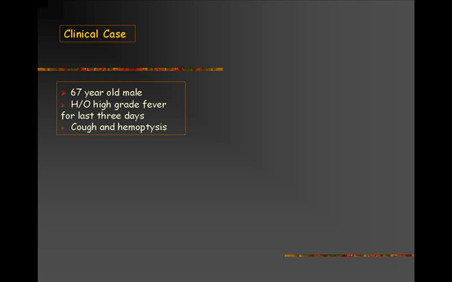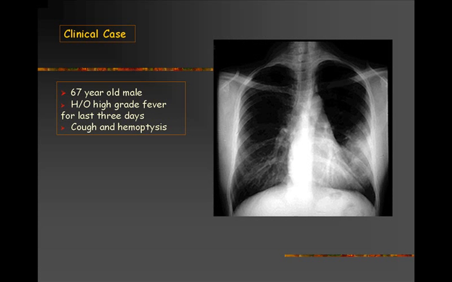Here we have a 67-year-old male who had a history of high-grade fever for the last 3 days and now complains of cough and hemoptysis. Hemoptysis is bringing blood up with cough. And here is the chest x-ray that is presented, and one recognizes a white shadow in the left lung field,